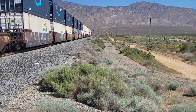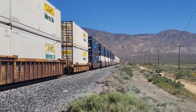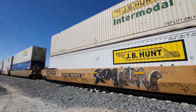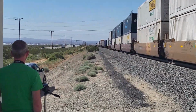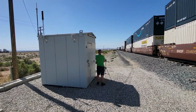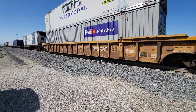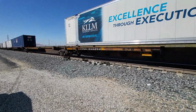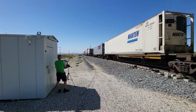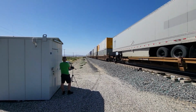Buggy coming up the road here. This is part of an actual off-highway vehicle road trail. Those of you who've seen the videos of my grandson and I riding out here, we've taken these. And also, for those of you who have seen the pieces that I did on wayside detectors, this is where I did part of one of those right here at Warren, 377, where there's a Hot Wheel flat spot dragging equipment detector here. And I think this one's just a Hot Wheel. They have them that are impact detectors, and to be honest with you, I can't remember if this is Hot Wheel or impact, but